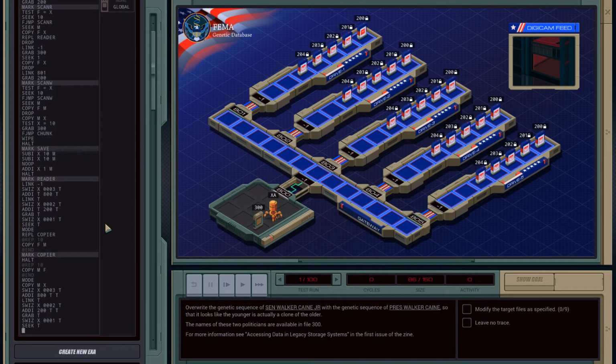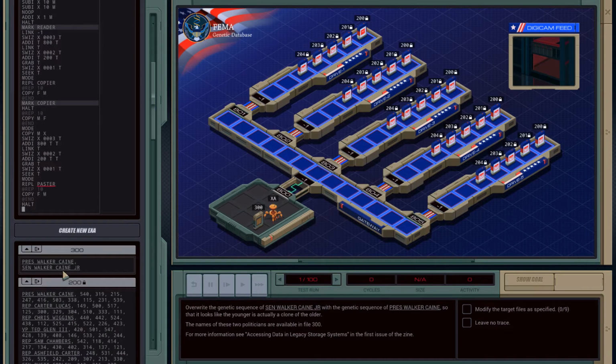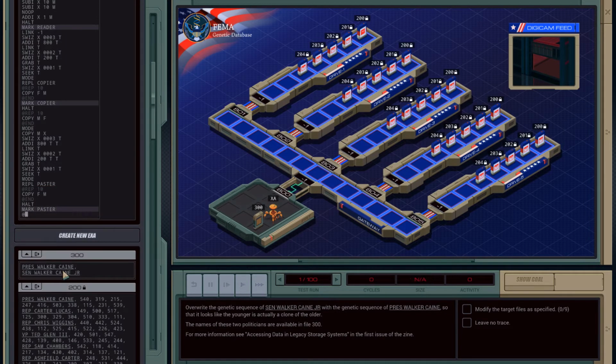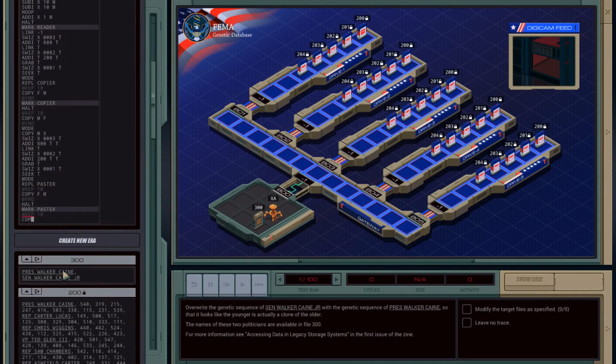And now we need to REPL a paster, I guess, to whom we repeated 10 times copy from F to M in local mode, and then halt. The paster 10 times copies from, I think I forgot to make somewhere. Copies from 10,